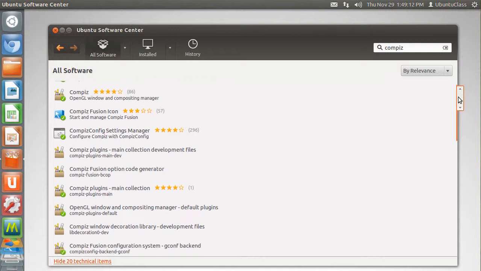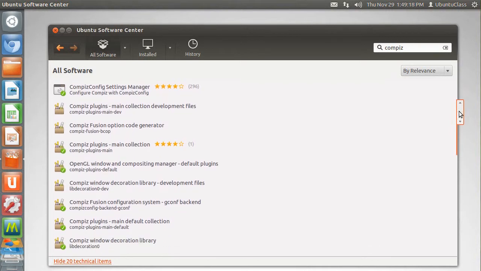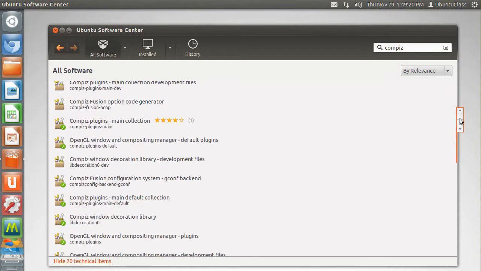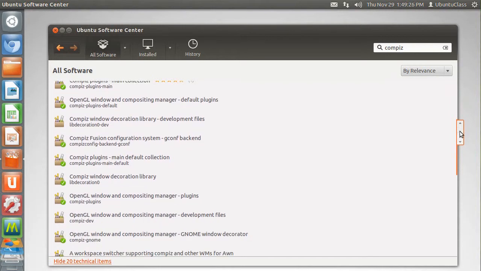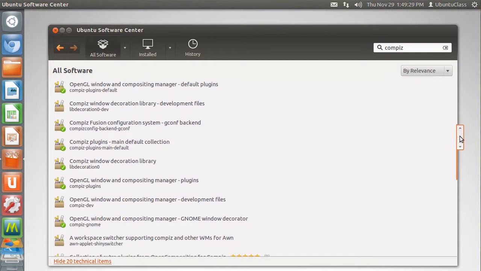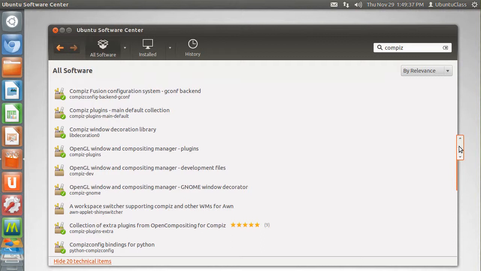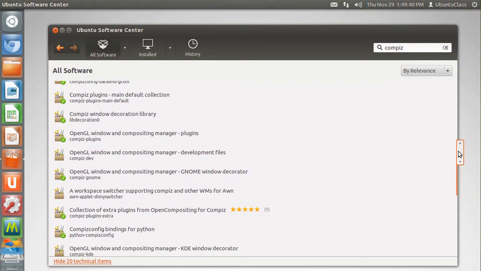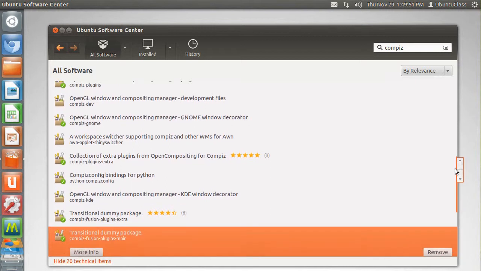We have Compiz Fusion Icon, Compiz Config Settings Manager, Compiz Plugins Main Collection, OpenGL Window and Compositing Manager Default Plugins, Compiz Fusion Configuration System, gconf Backend, Compiz Plugins Main Default Collection, Compiz Window Decoration Library, OpenGL Window and Compositing Manager Plugins, OpenGL Window and Compositing Manager GNOME Windows Decorator, collection of extra open compositing for Compiz, Compiz Configs Binding for Python,